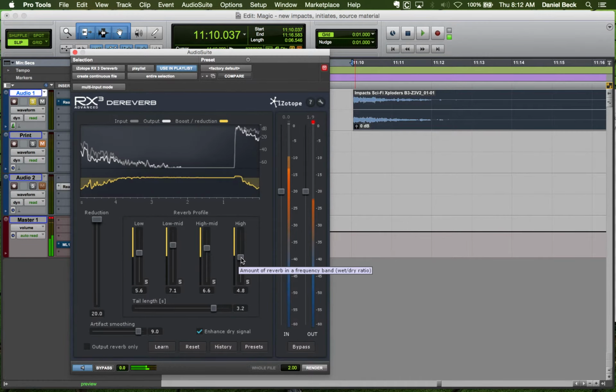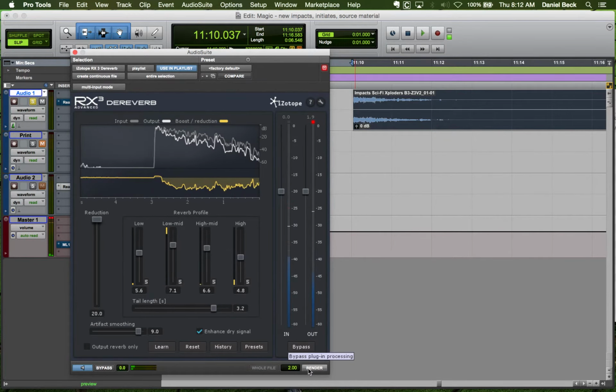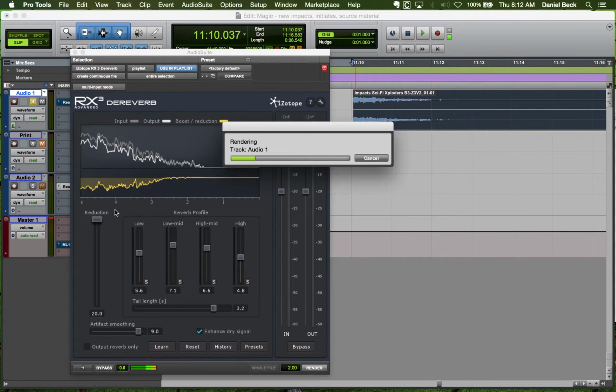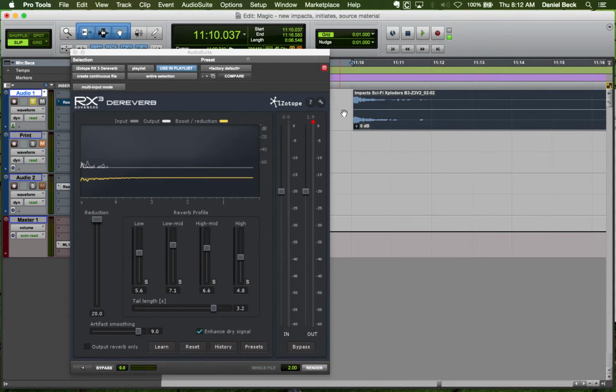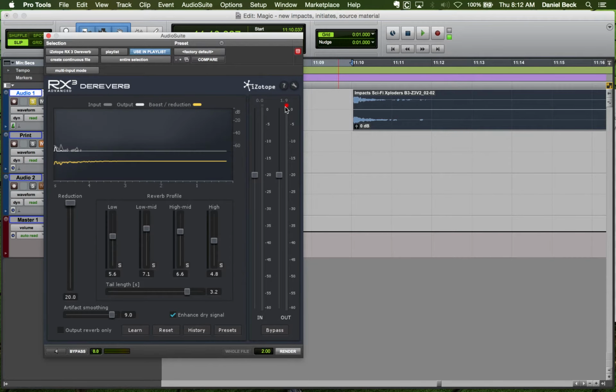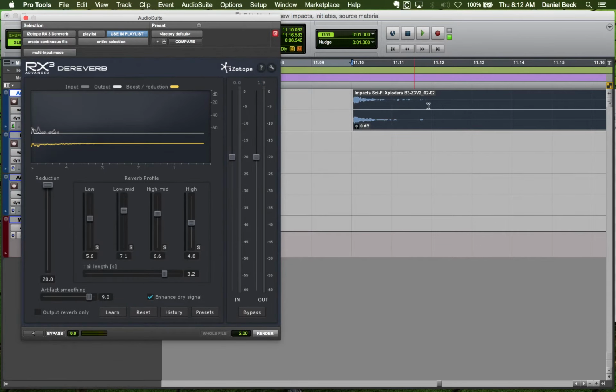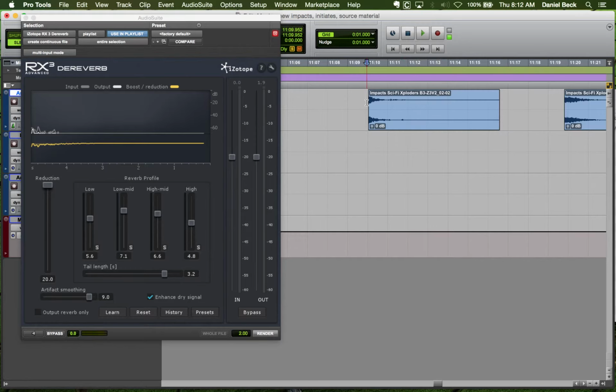Now the only thing that's weird with this plugin is, you remember what it sounded like before? It's a little more aggressive once I actually hit render than when I'm just previewing it. That one's okay. We'll probably come across another one where it's a little more than what you want. So